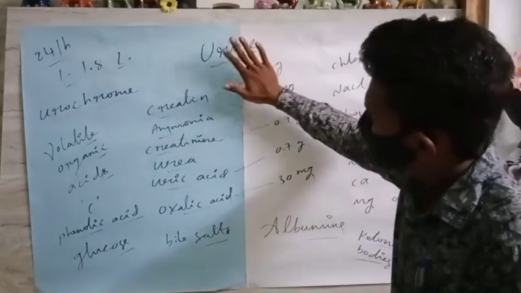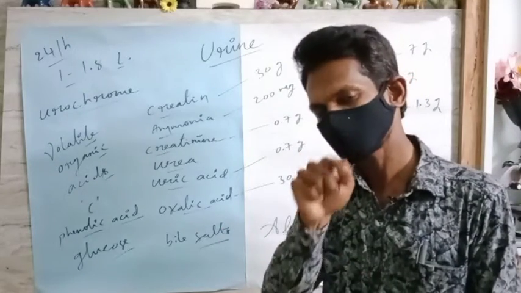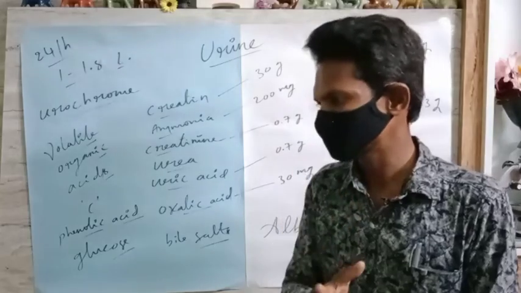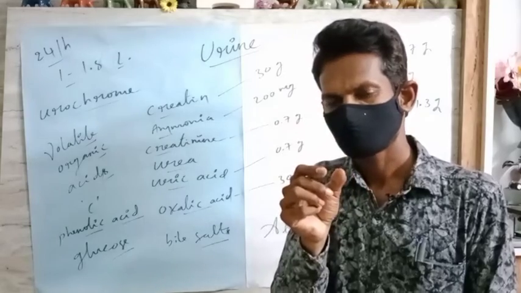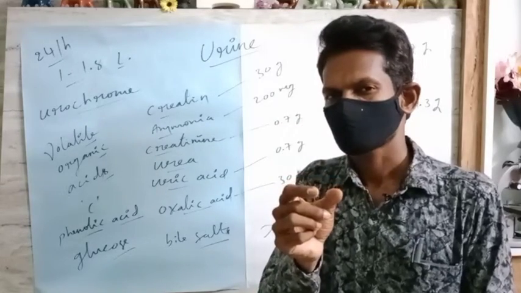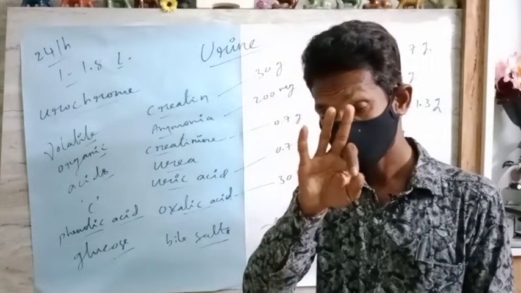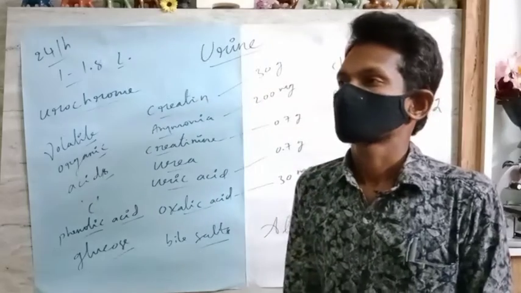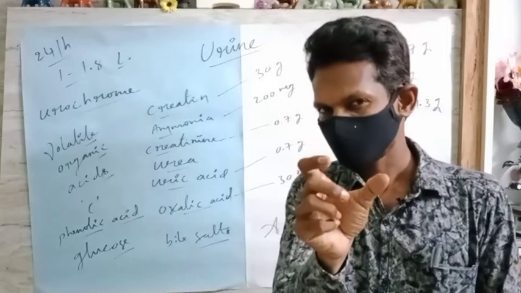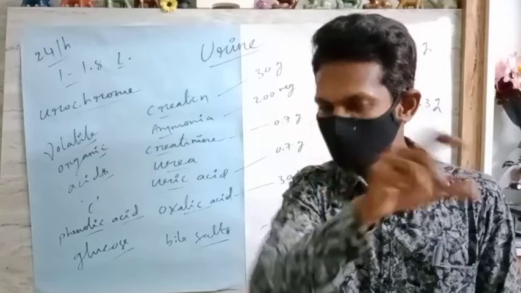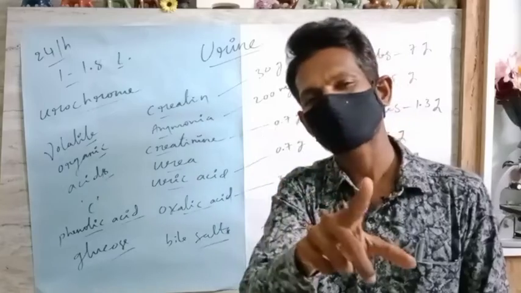So the urine formation should not be disturbed, and the main health suggestion to everybody watching this video, dear juice learners, Homo sapiens, you must consume water sufficiently. How much water do we have to consume? 5 liters, 4 liters, 3 liters, 2 liters or 1 liter? Your body weight divided by 30. Your body weight divided by 30, the value whichever we are getting, that much water you have to consume every